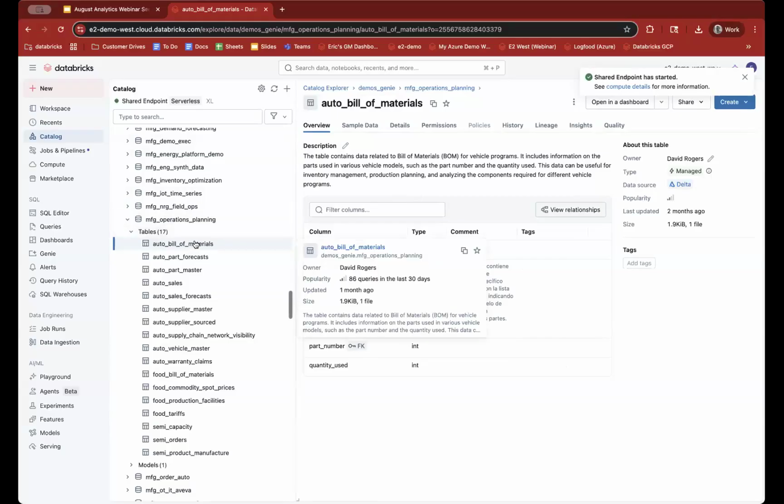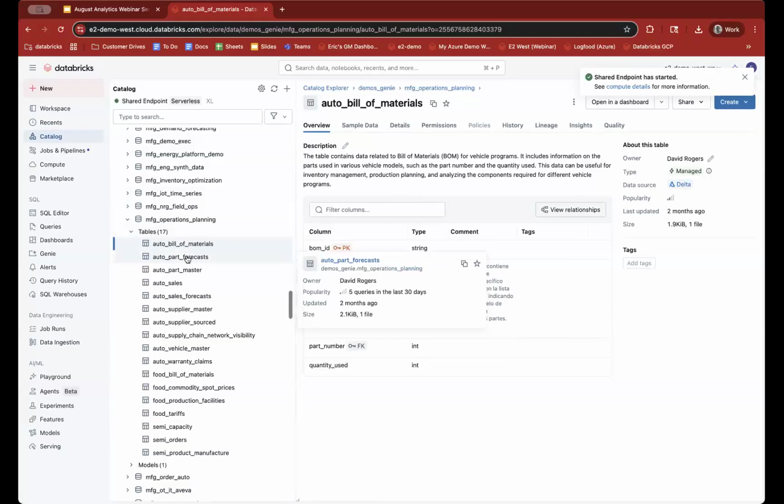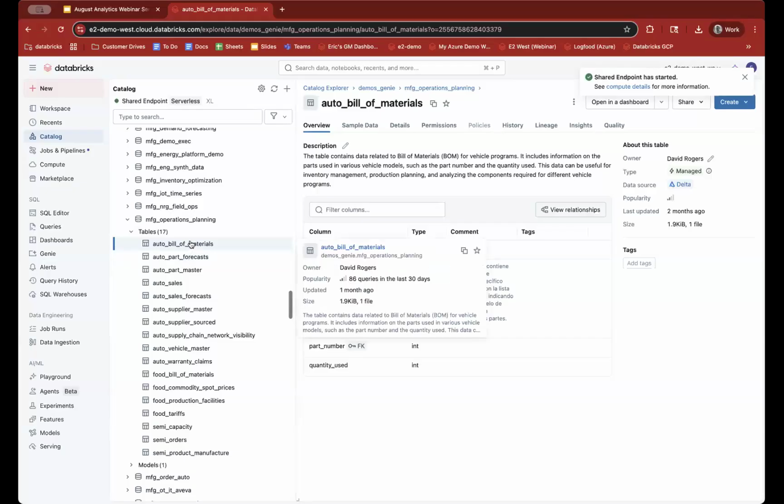Today, we're not going to focus on Genie or dashboards as well, but imagine that you wanted to take some of this data. You'll see this again in the next couple of weeks if you join the other webinars. Imagine you wanted to build a dashboard or enable natural language querying on top of your data sets. The way by which you can make that experience better and get more accurate responses is to add things like